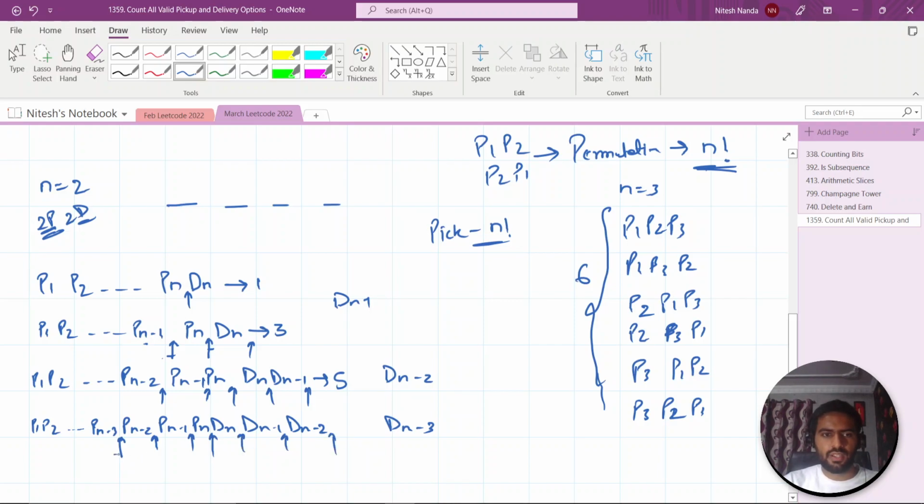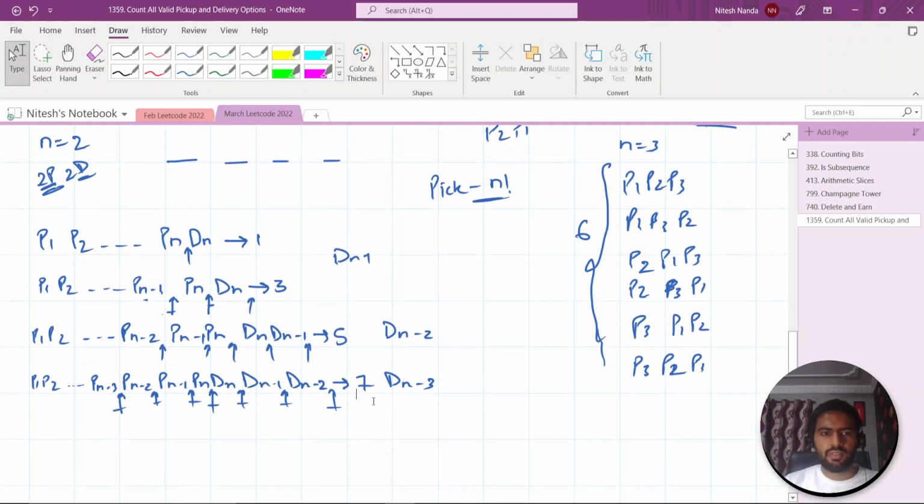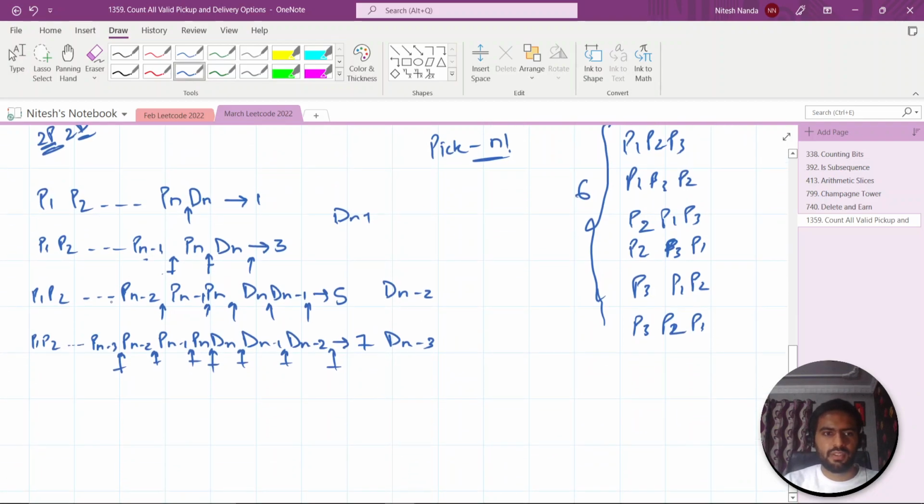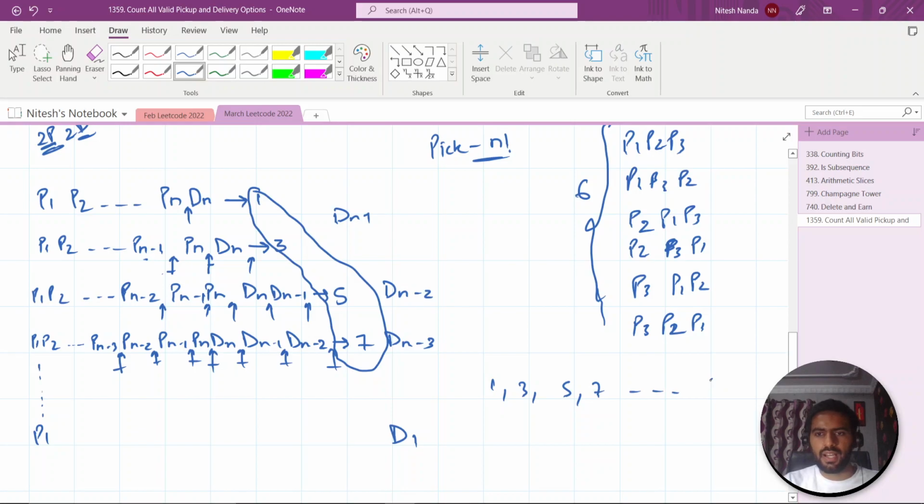So if you count that, 1, 2, 3, 4, 5, 6, 7. Okay, so we have calculated for Pn minus 3. Let's say we want to calculate for P1. So if you arrange, like we need to arrange D1. If you can see this pattern 1, 3, 5, 7, and you want to calculate the last term,